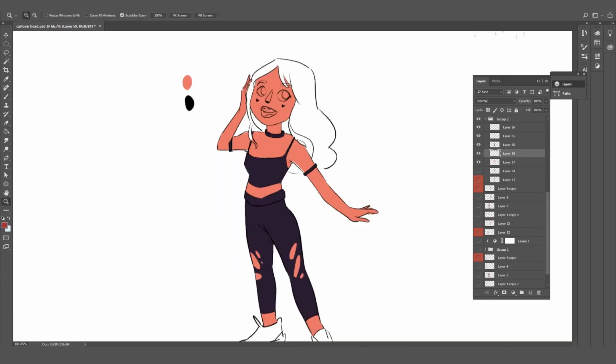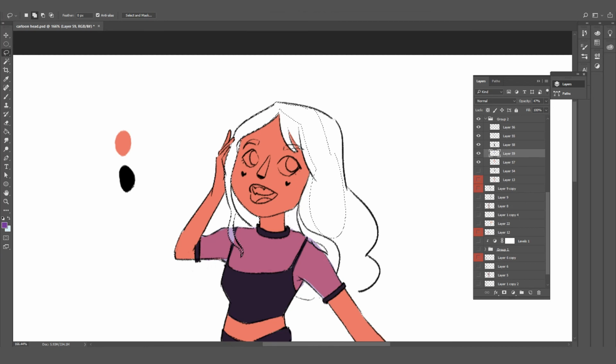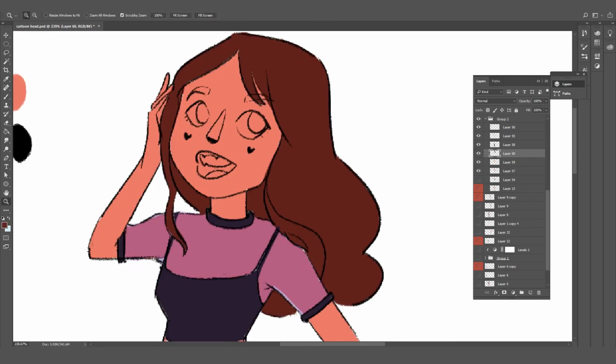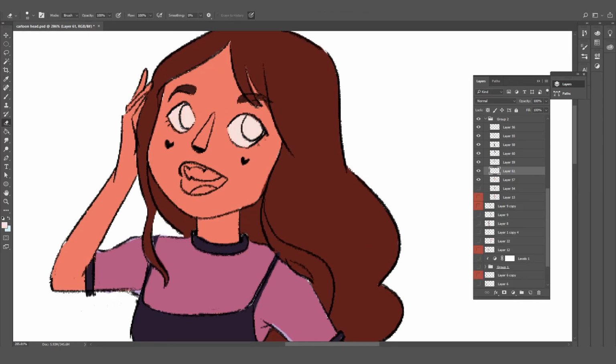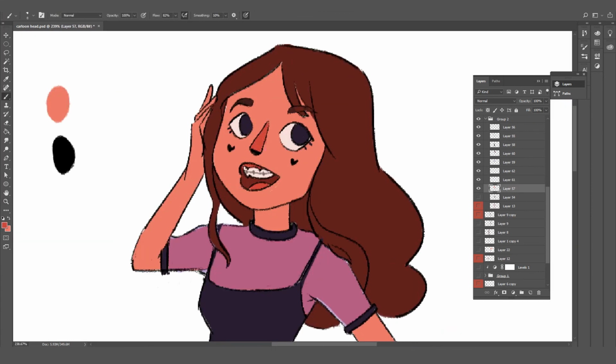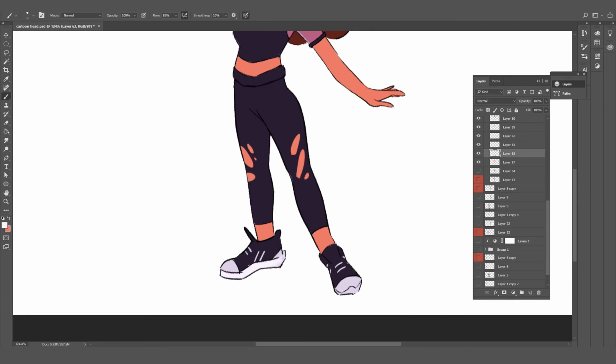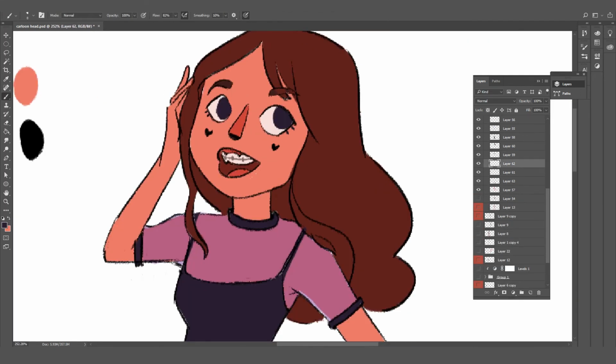I want to give her some tight trousers or leggings, some latex top, and basically I want to make her very hip looking. So for this also I am just selecting the shapes, filling the flats, adding the color to the shoes and everything. So for her eyeballs I decided to give some shine.